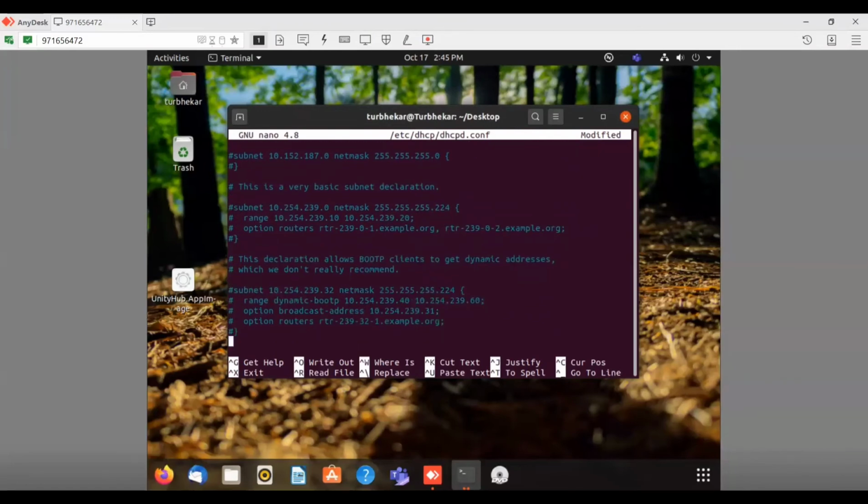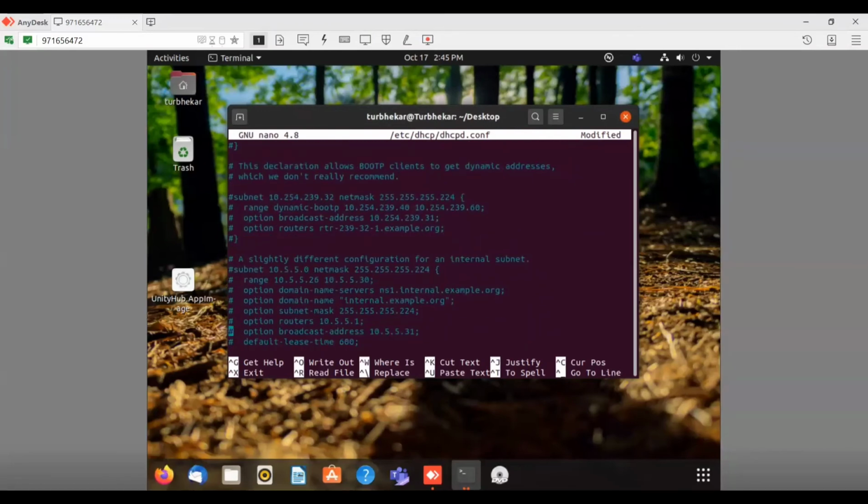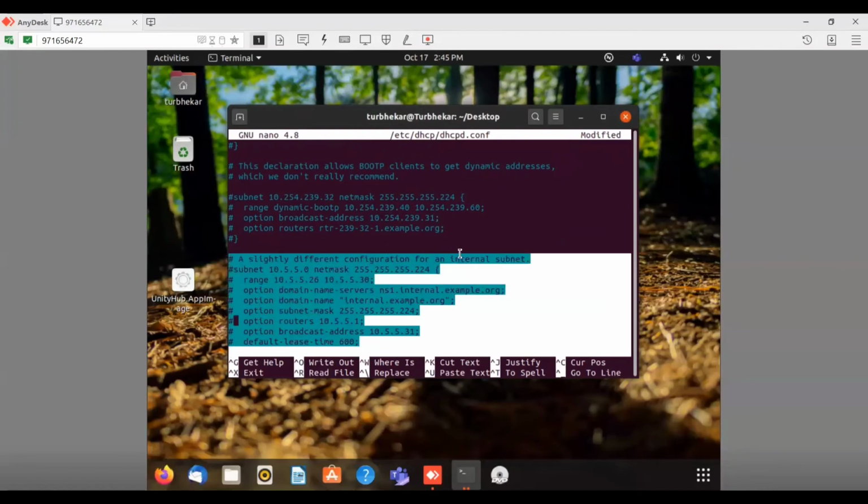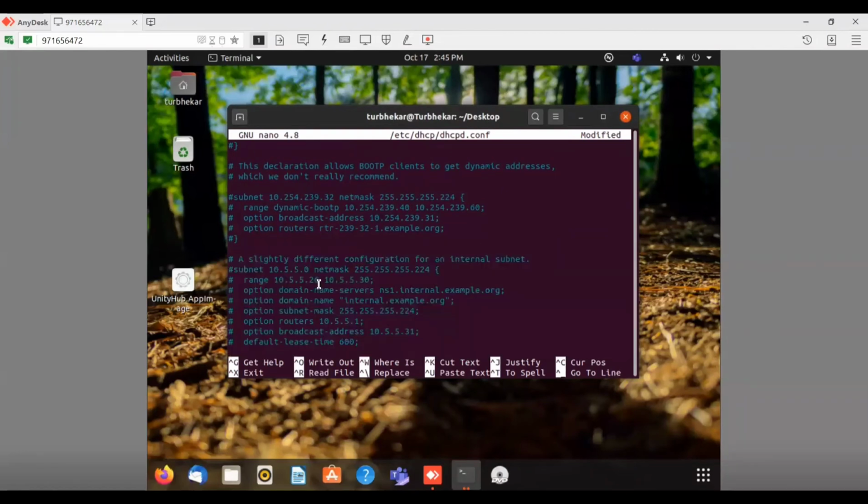After uncommenting authoritative, the second thing we have to find is the block of configuration, which will be this. As you can see, a slightly different configuration for an internal subnet. We have to uncomment the lines which we need.